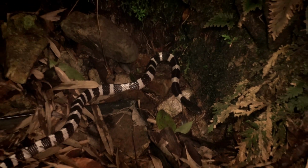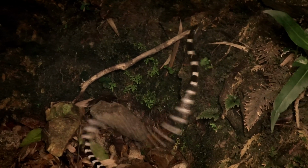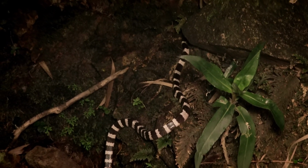This one's a decent size. You're not too happy about me being here. And this one's kind of cool. He's really all bright white, none of that yellow coloration towards the neck. And